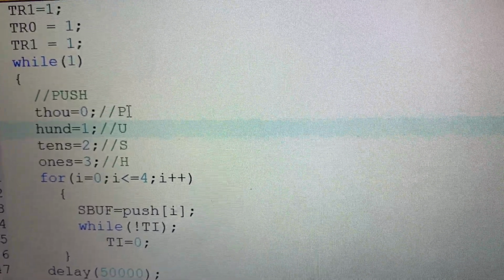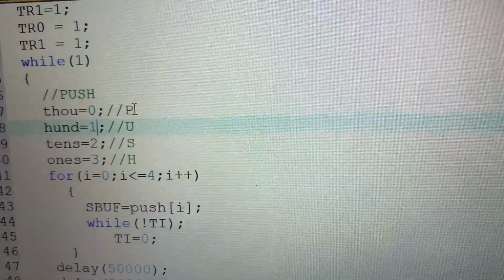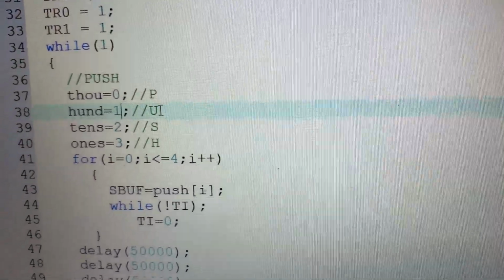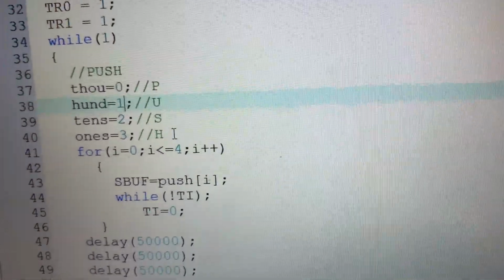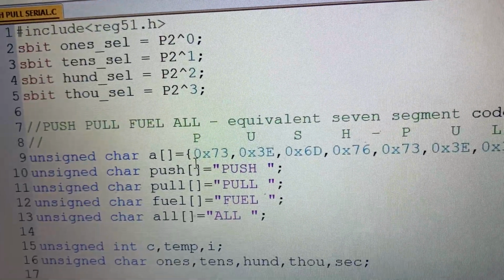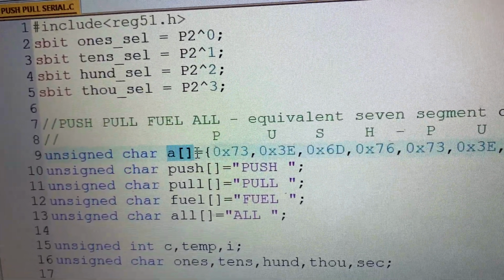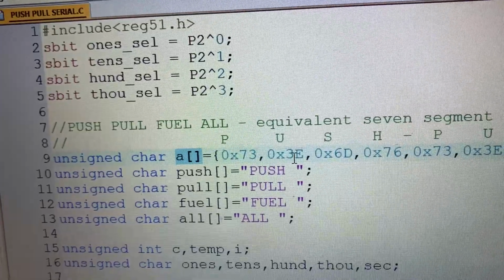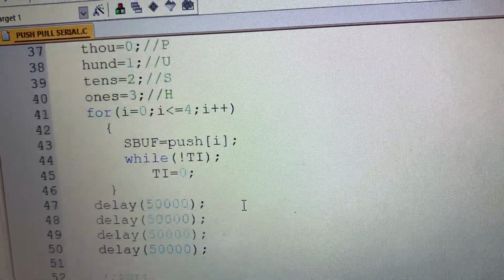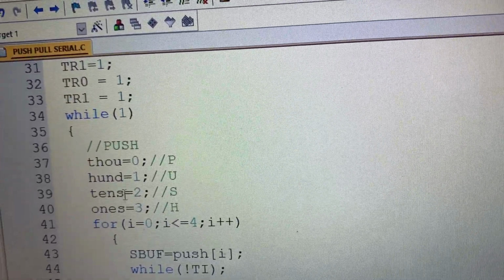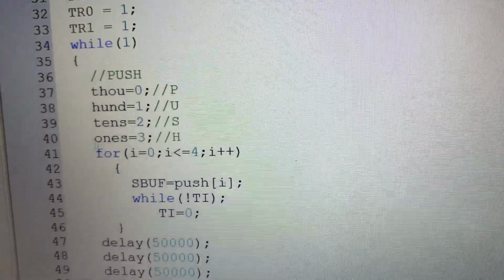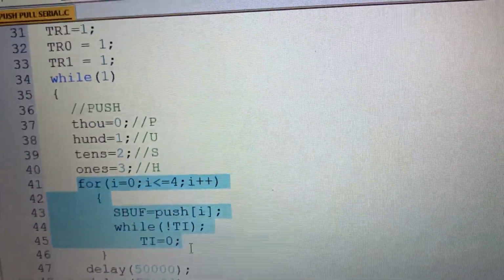In the 0th location we have the 7 segment equivalent of P. In the first location we have the 7 segment equivalent of U, and similarly S and H in this array as we see here. So array means A of 0, A of 1, A of 2, A of 3, which is given as thousands, hundreds, tens and ones, followed by the serial port.